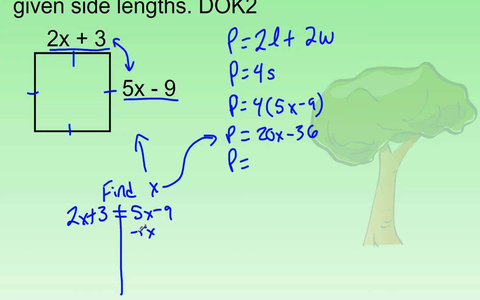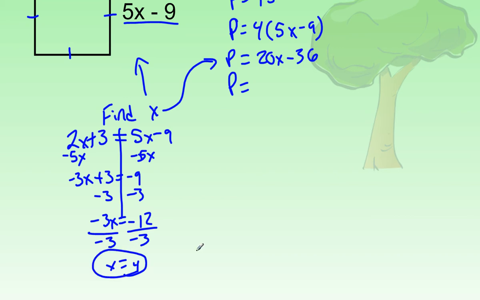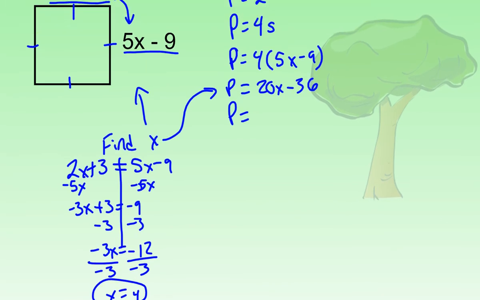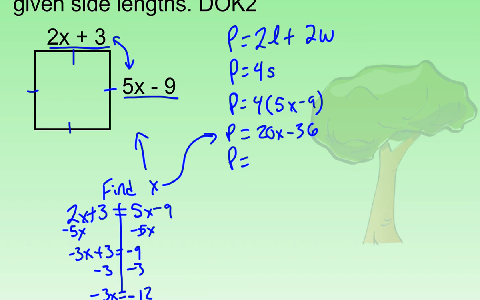If I subtract 5x here and subtract 5x here, I have negative 3x plus 3 equals negative 9. I subtract 3, negative 3x equals negative 12. Divide both sides by negative 3, and x equals 4. So I found the x value is 4. That is the one piece of information I needed in order to find the perimeter. So with x equals 4, I could actually plug a 4 in right here. If you kind of followed along with this,